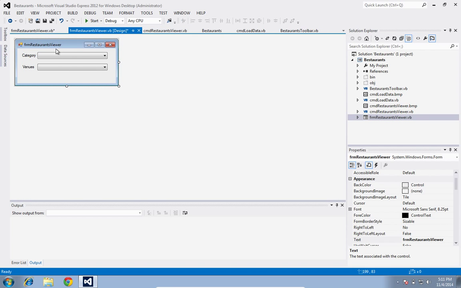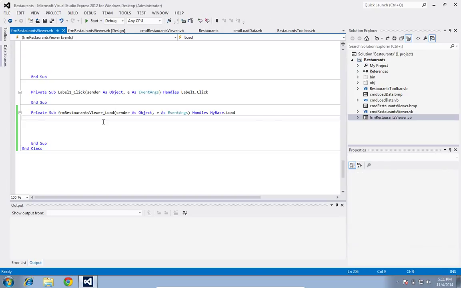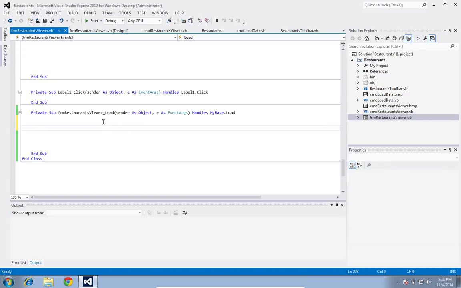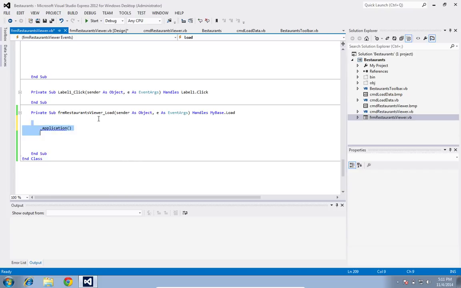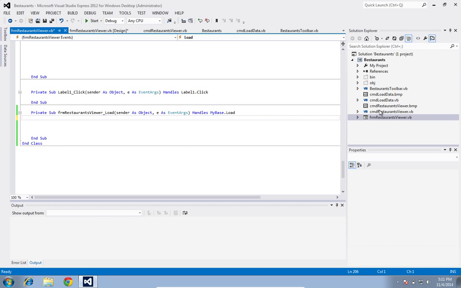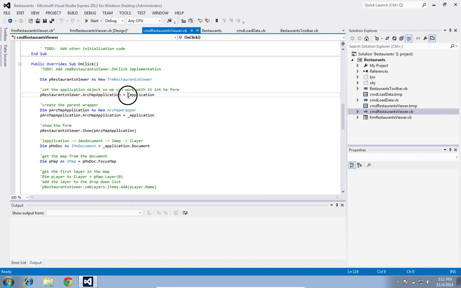To get the subtypes, we have to get the layer first, right? So this is very interesting. I have a variable here in the form called application, which is set by the previous command. Okay, so this little object is set by this here. It is set here, but